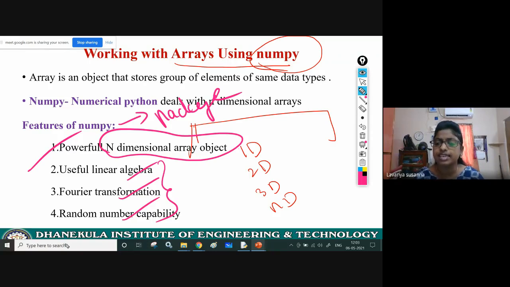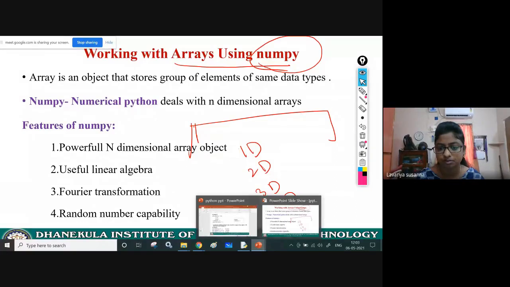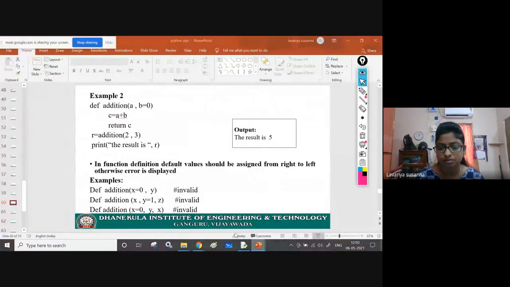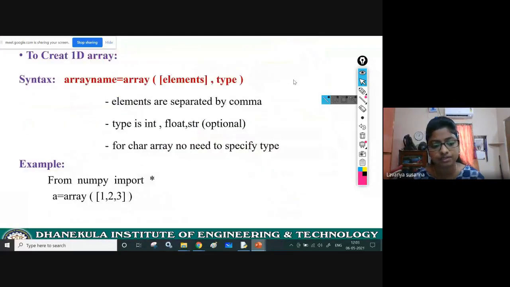Now, let us see how to create arrays using NumPy. Just wait for one second.